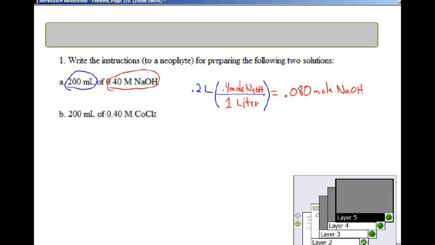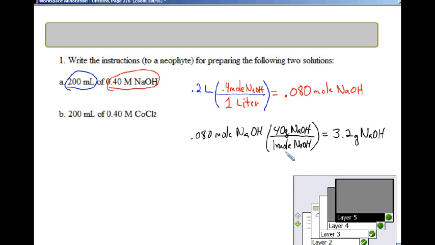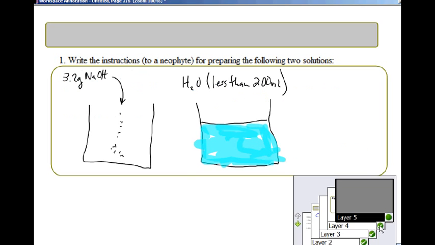We would tell them we have a fraction of a liter, 0.2 liters, and in every liter there's 0.4 moles per liter. So we only need a fraction of 0.4 moles. We need 0.08 moles. If we consult the periodic table, there's 40 grams in 1 mole, so 0.08 moles would be 3.2 grams. We're going to add that 3.2 grams into a beaker or something we can eventually measure the